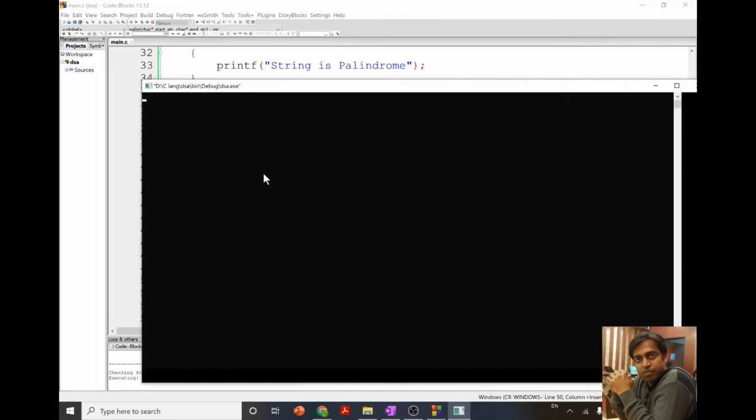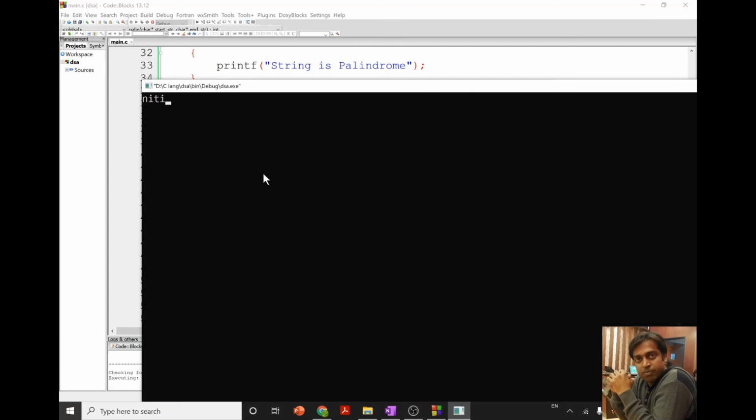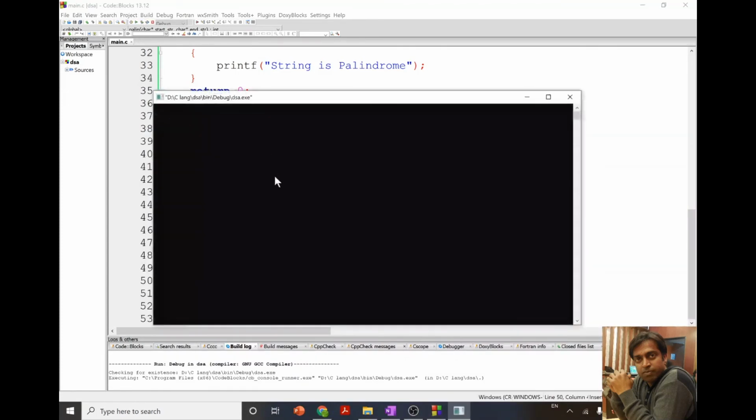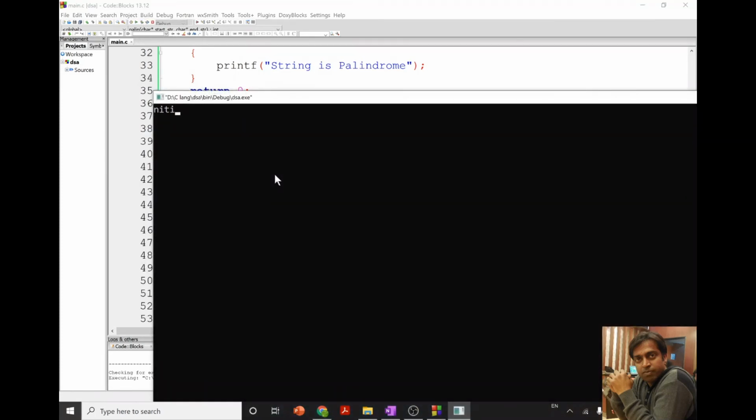So if I run this program now and enter, say, Nitin, then you can see it is giving me the result string is palindrome. Now if I enter some string which is not a palindrome, like niti, the program gives me string is not palindrome.